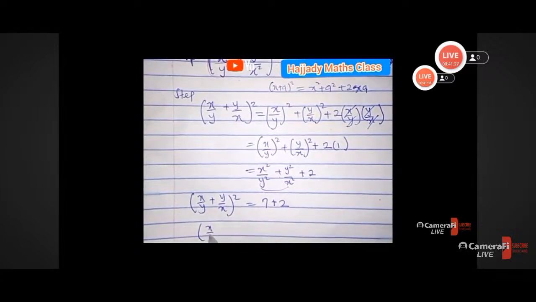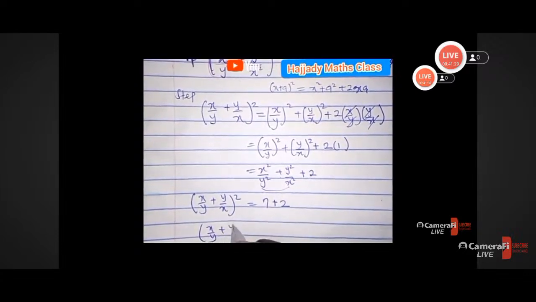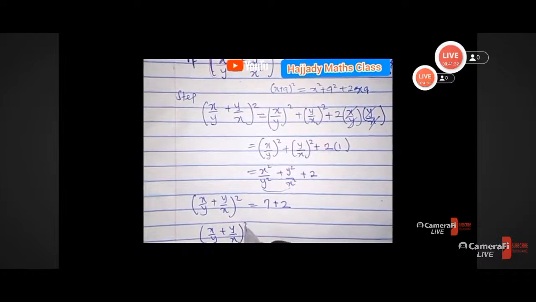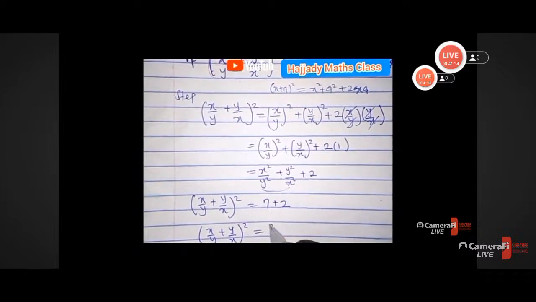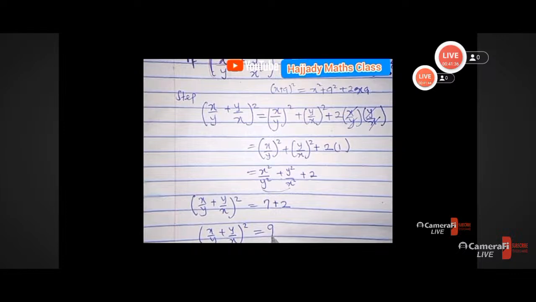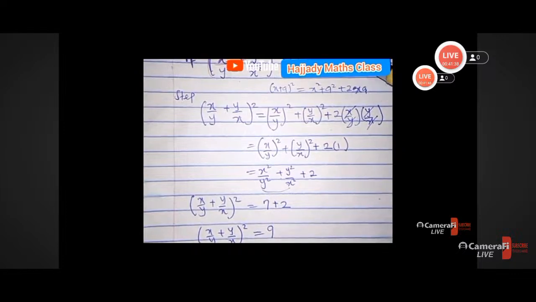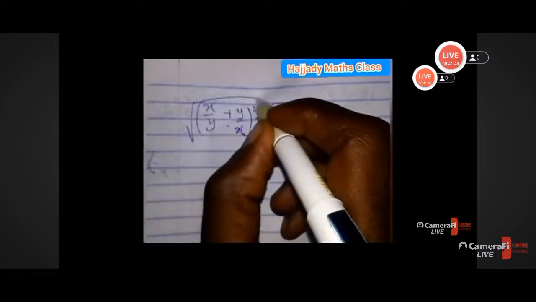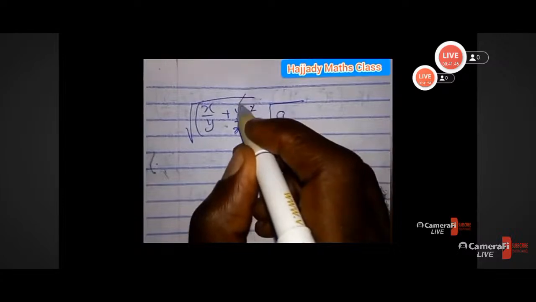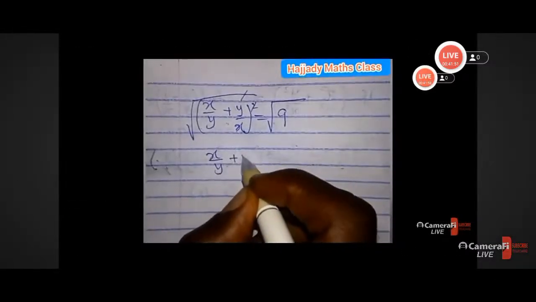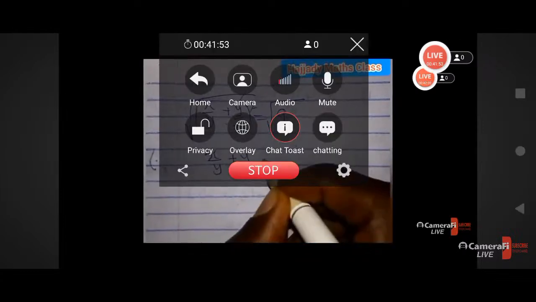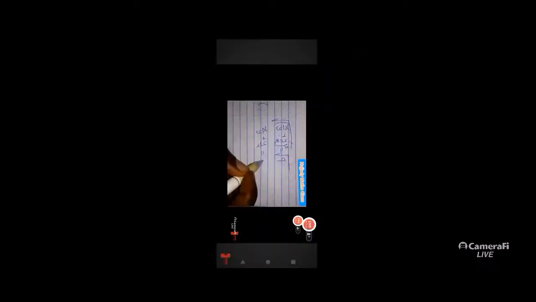So our x over y plus y over x all squared gives what? 9. And from the question, we are looking for x over y plus y over x. So the next thing for us to do is to what? Square root both sides. Squaring both sides, this square cancels out this, and finally we have x over y plus y over x equals plus or minus 3. So this is our final